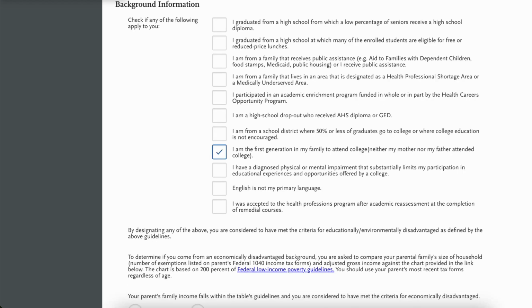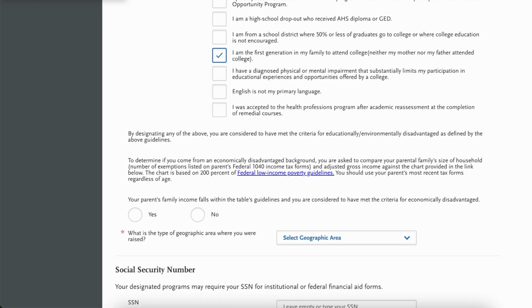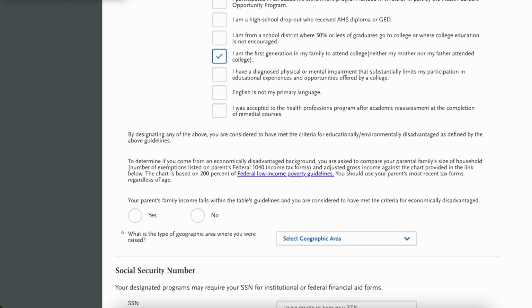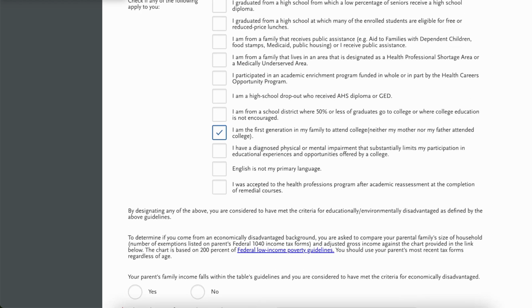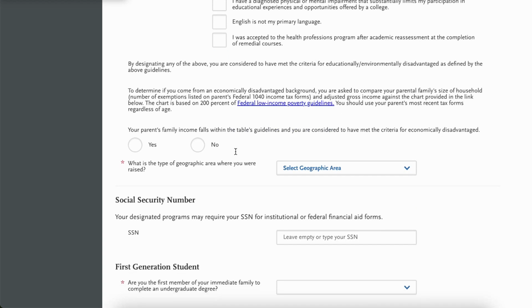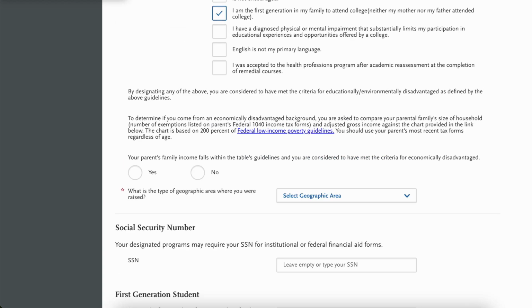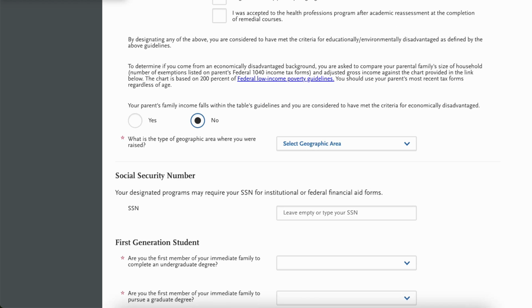Okay, here you can go with this. Let's say you are a first generation student, right? You are the first person that is attending college in your nuclear family. So just read it and then look at what applies to you. By designating any of the above, you are considered to have met the criteria for educationally, environmentally disadvantaged as defined by the above guidelines. So these are more like minority groups. Your parents' family income falls within the table's guidelines, and you are considered to have met the criteria for economically disadvantaged. Let me just go with no, and then you have to decide what type of geographic area were you